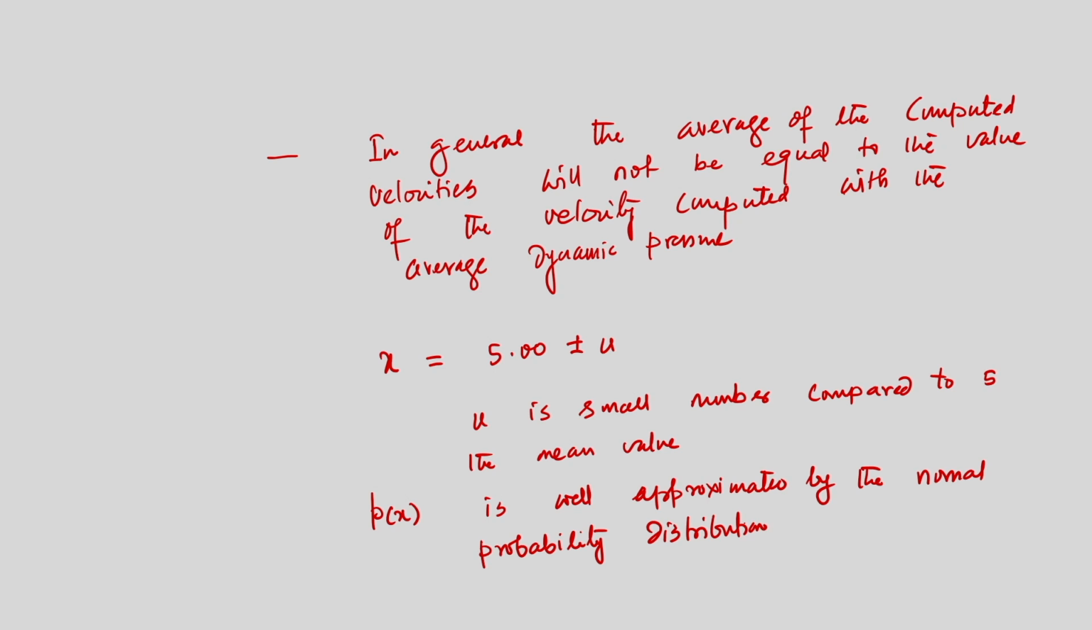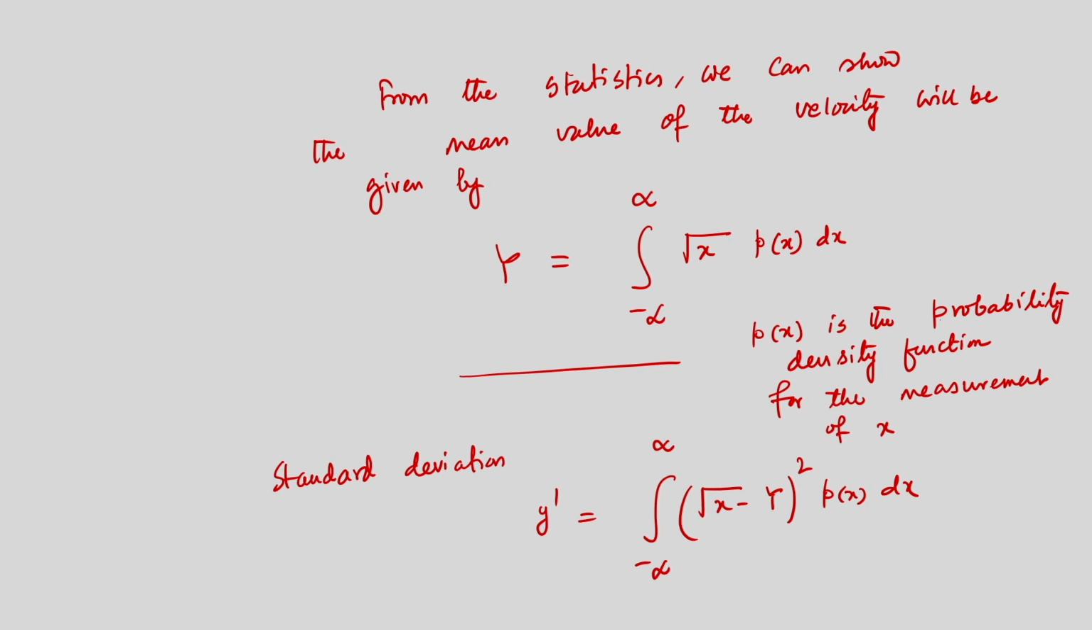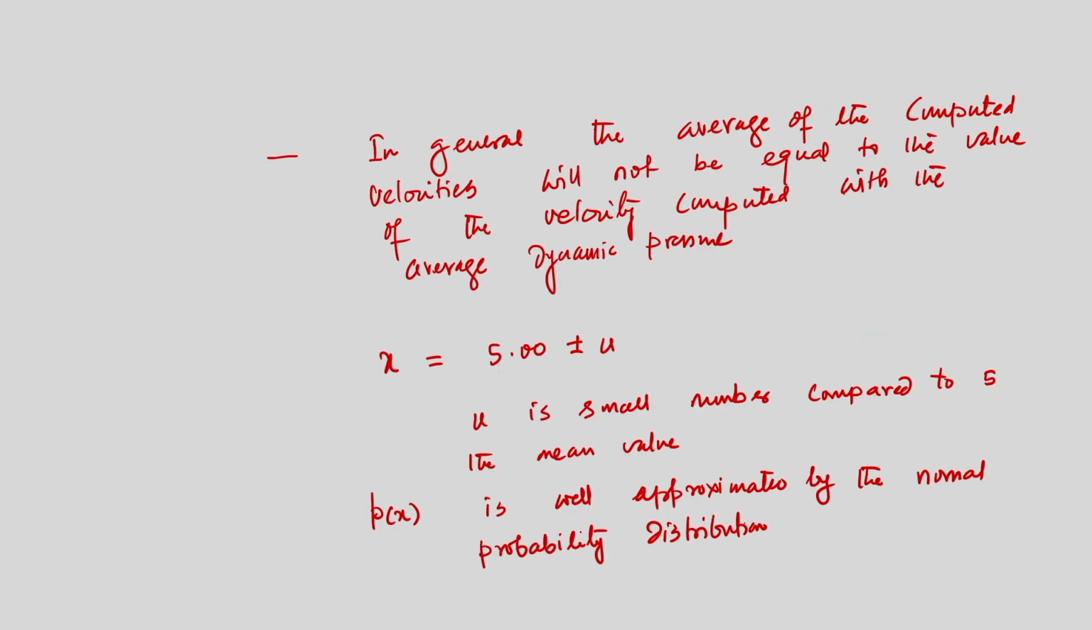So, if we go to the previous slide, what I said is that if we need to calculate the average velocity, the mean value of the velocity, then we have to know explicitly the probability density function, and this integral could be very difficult to evaluate. For that, we are assuming that u, that is the uncertainty, is very small, and the probability density P(x) is well approximated by the normal probability distribution. In that case, if we try to